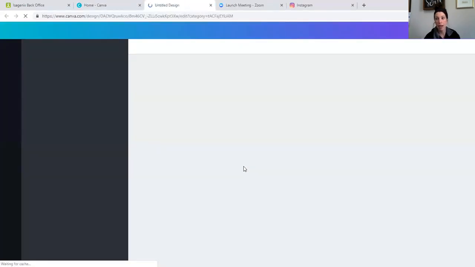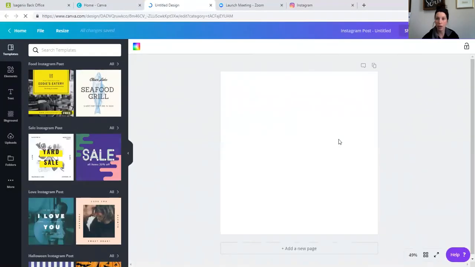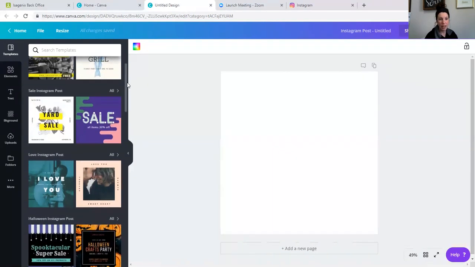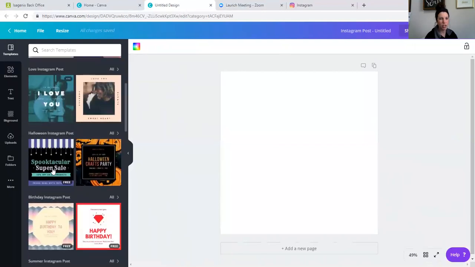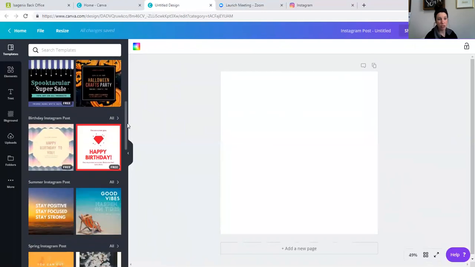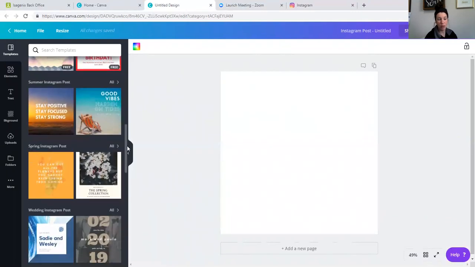But say you want to create an Instagram post and you're like, well, how am I going to get this onto my phone, because Instagram does not allow you to post from a computer. Super stupid, but I get it. So you come down here, and anything that has this little magic free thing on there, you get to use it for free, and you just put your information in. So let's talk about,